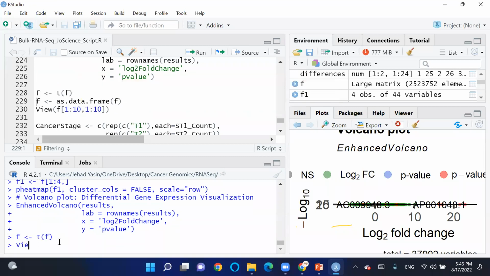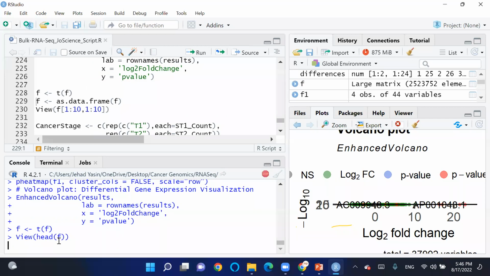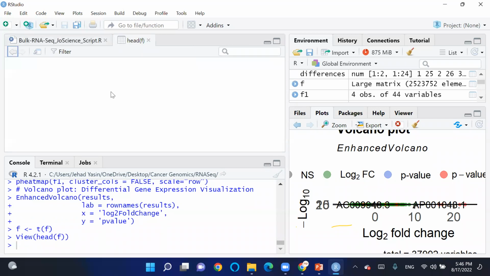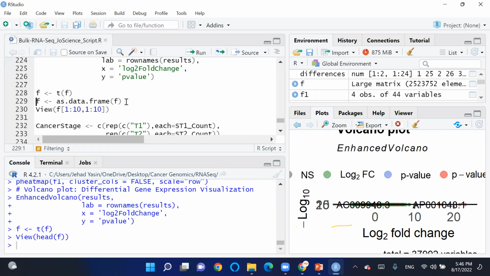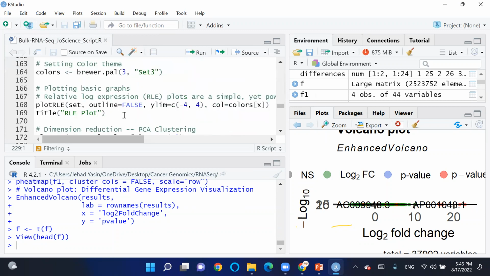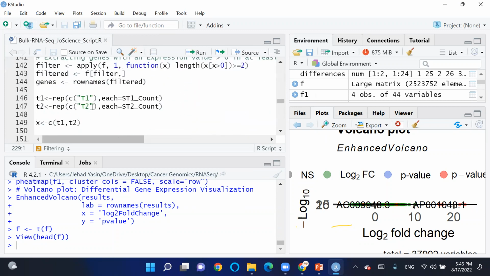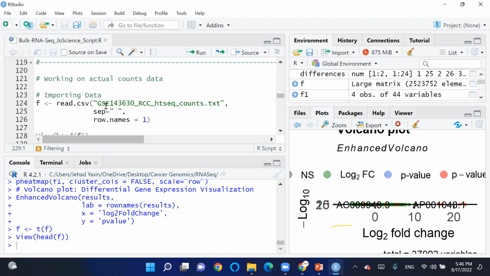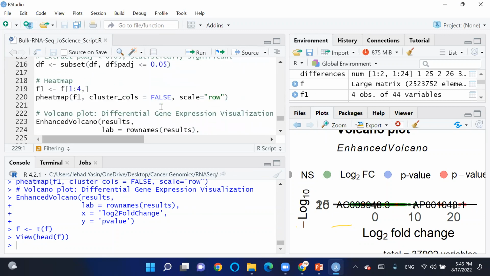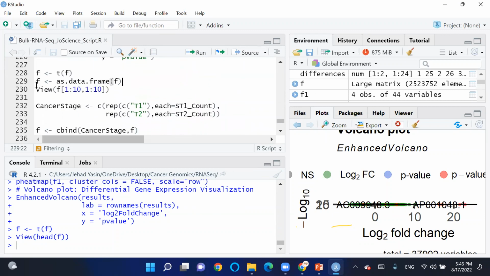So remember, we have our original matrix, F, here, our CSV file containing the counts file. We can convert it into a data frame. We can firstly transpose it. So